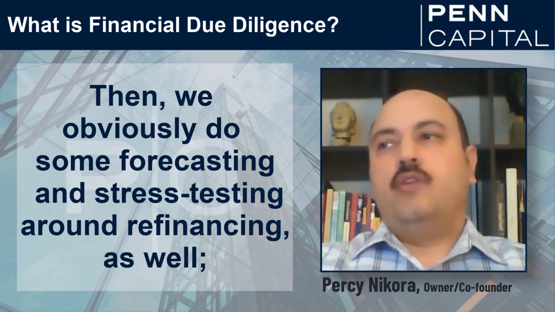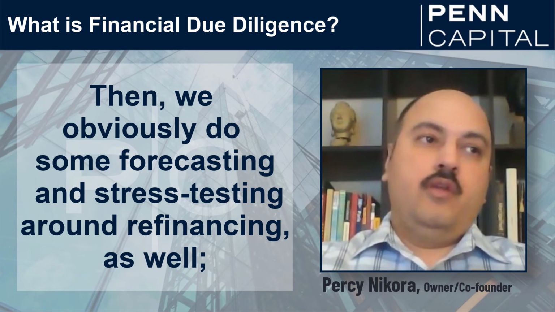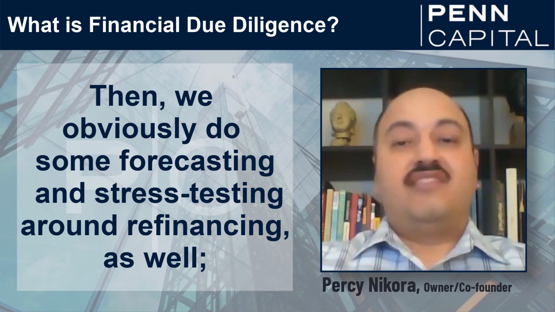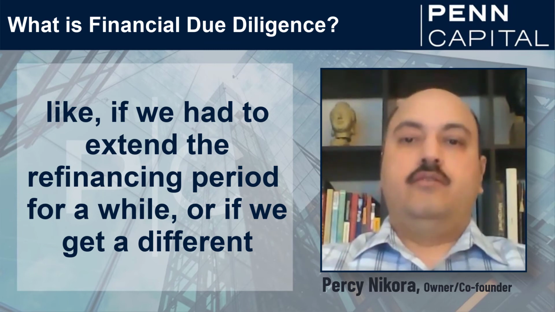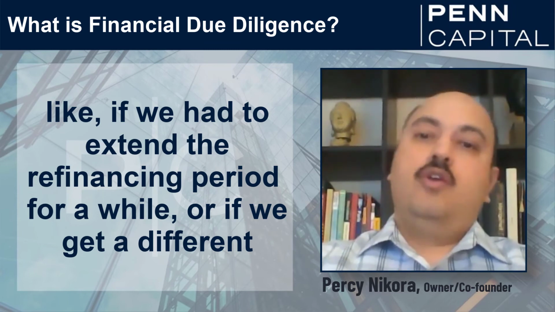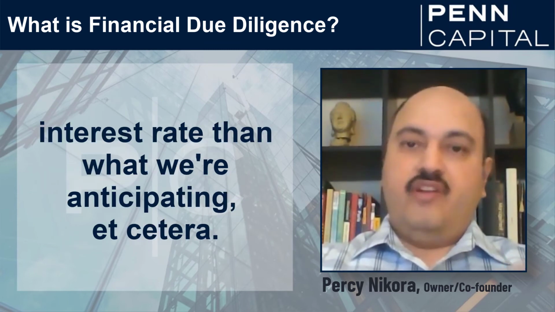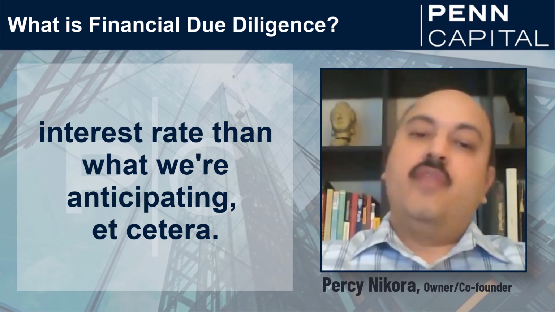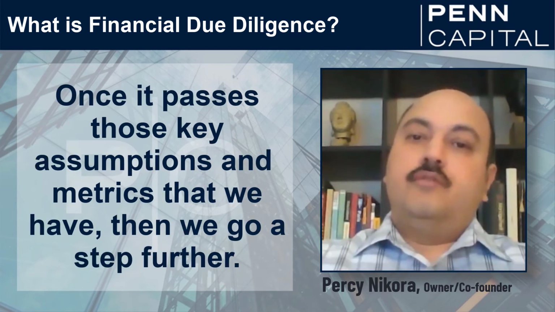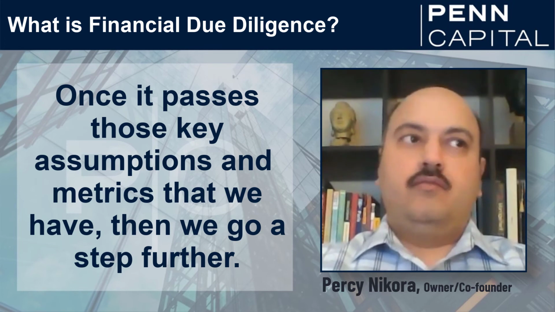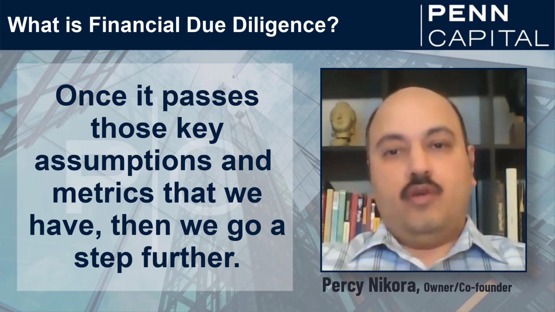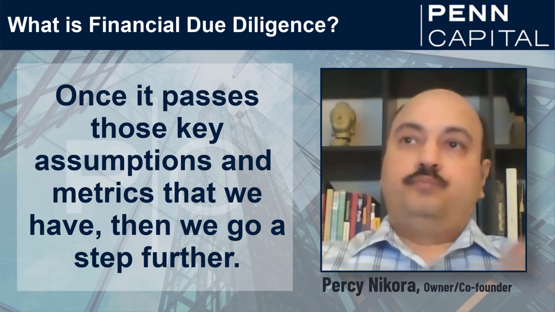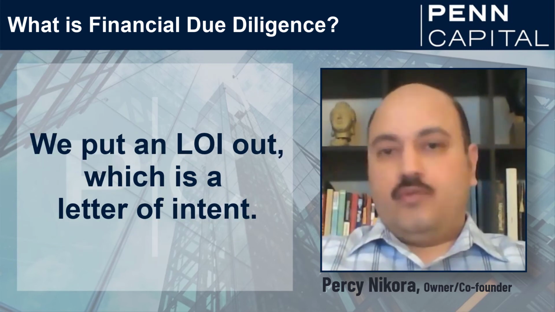And then we obviously do some forecasting and stress testing around refinancing as well. Like if we had to extend the refinancing period for a while, or if we get a different interest rate than what we're anticipating, et cetera. So once it passes those key assumptions and metrics that we have, then we go a step further. We put out an LOI, which is a letter of intent,